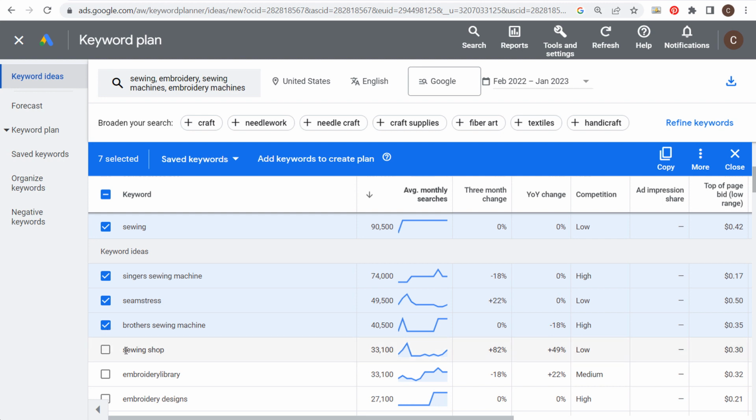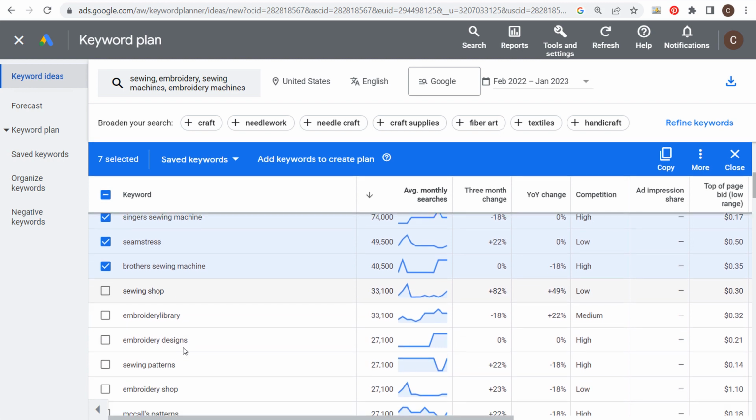So if you see something here like sewing shop, is that something we can create content about? Probably not, so that's not a keyword we're going to target. Now, embroidery library right here, seeing these 2 words together like this, I'm assuming it's a brand, so let's do